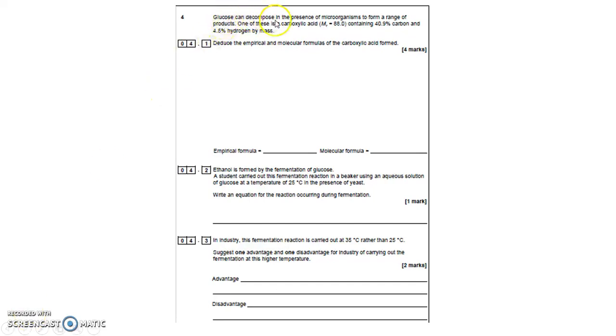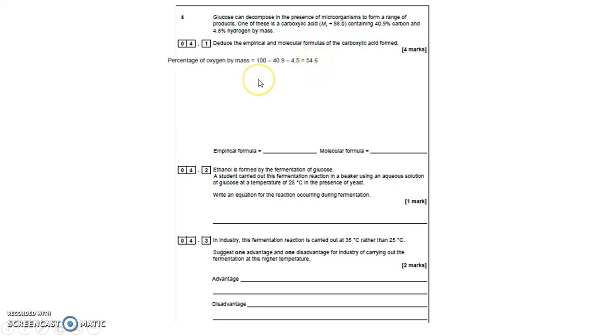4.1 Glucose can decompose in the presence of microorganisms to a range of products. One of these is a carboxylic acid with a relative formula mass of 88, and it contains 40.9% carbon and 4.5% hydrogen by mass. If you add up 40.9 and 4.5, it doesn't come to 100%, and that's because a carboxylic acid has got oxygen in it as well. So the first step is to work out what percentage is left over, and that must be oxygen. So the percentage of oxygen is 100%, take away the 40.9, take away 4.5, and so